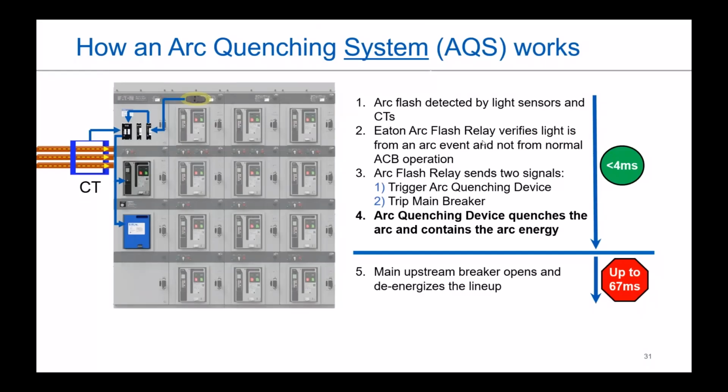When I'm speaking now, I'll speak specifically to our system, since that's really the only piece I'm qualified to speak to. For our system, it would require someone to go out, look in the gear, and for one, identify what caused the arc, what initiated it. Most of the time with an arc quenching system, you typically will just have to clean up some bus bar wherever you might see some flash marks on it, because it's usually so quick that nothing really actually burned up. You'll see like a char streak on some bus bar. And once it's been cleaned up, it technically can be returned to service there.